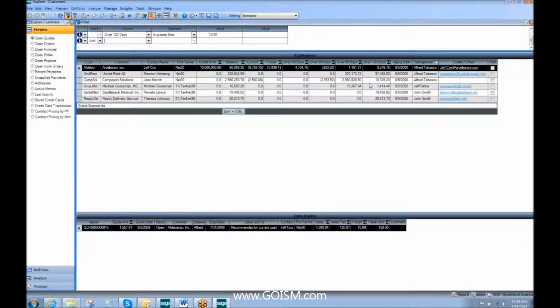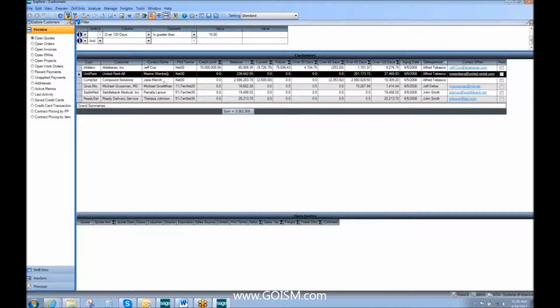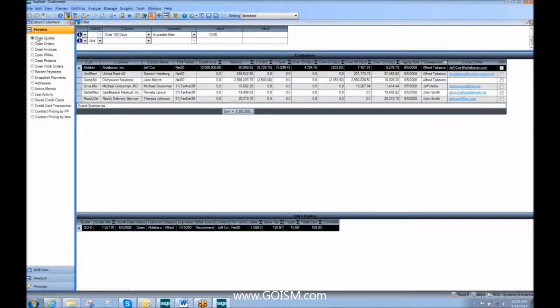And there, real quick, I've got my customers that I need to follow up on. And so if they're at 120 days, oh, we have open quotes for them. That's not good. Okay, so we've been looking at this main screen here, this area. Down below, the lower pane is also extremely useful. And what shows up here is based on which line you're clicking on up above, so there are no open quotes for them,